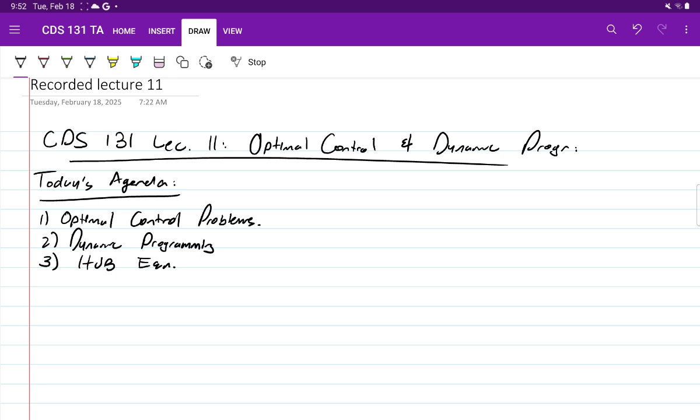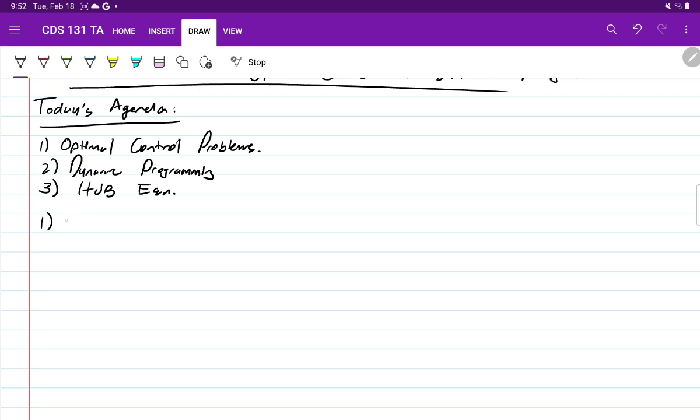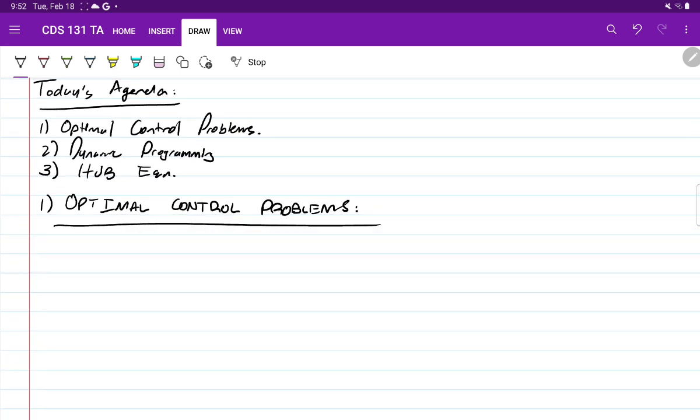Okay, let's get started. So first off, I want to start by talking about optimal control problems. So what are optimal control problems and where do they arise? Well, let's think about what we've done so far in the course. So far, what we've done is we've shown how to find simple stabilizing control laws,